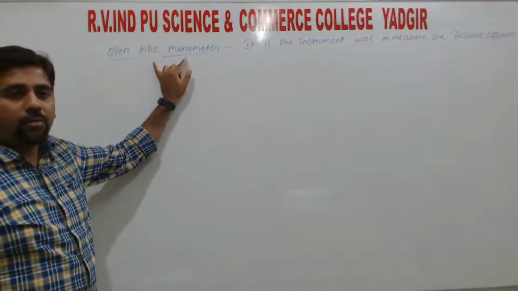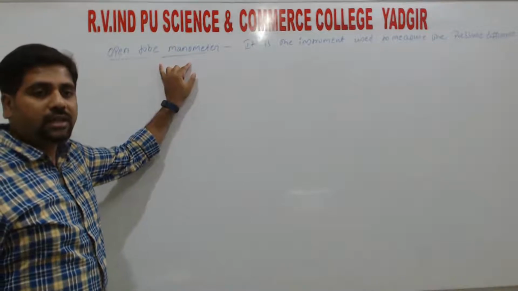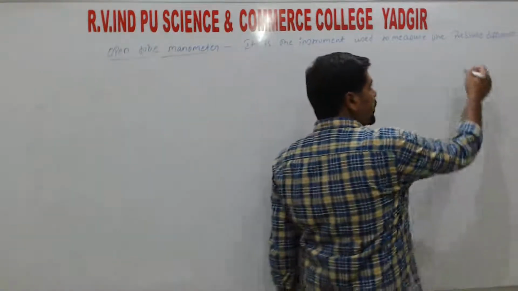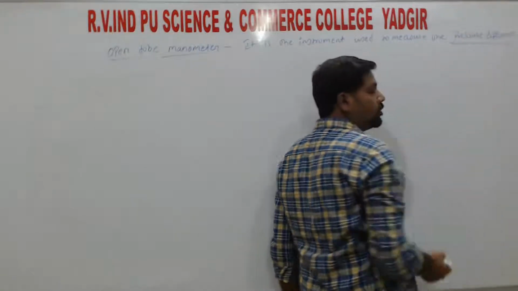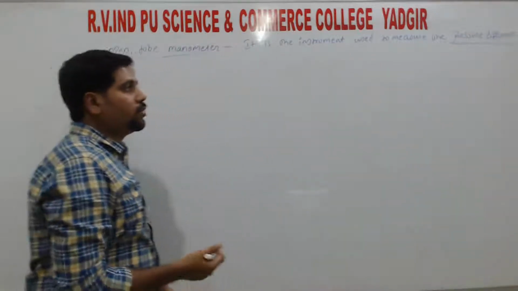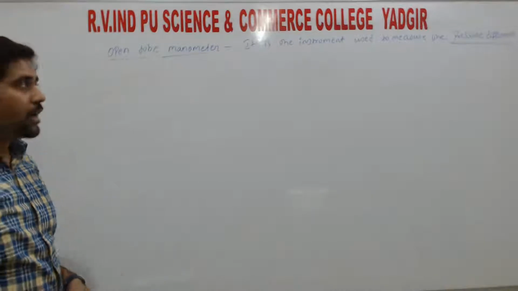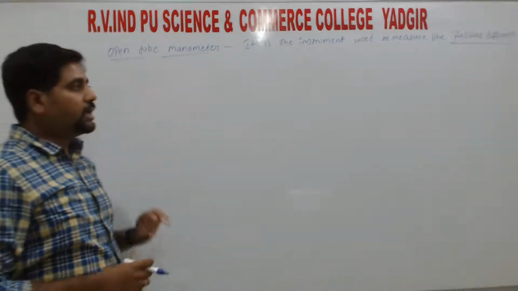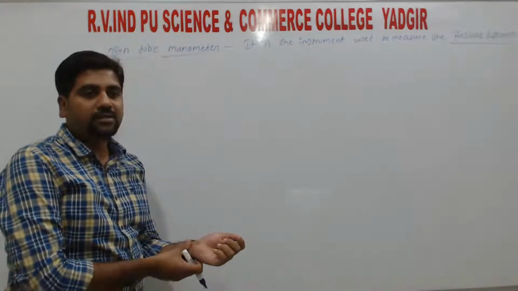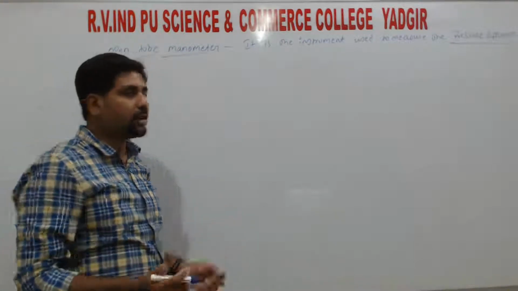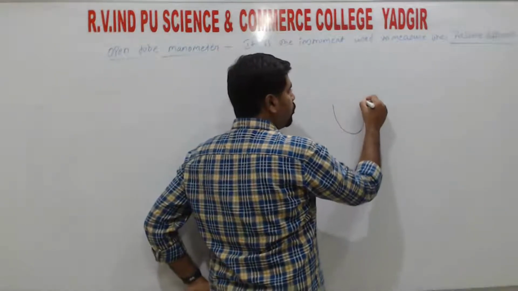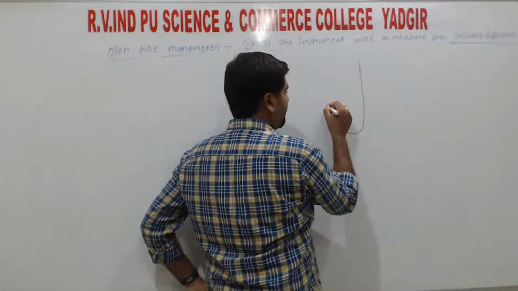So the open tube manometer is also a device or an instrument which is used to measure the pressure difference. There we used the mercury barometer to find out the atmospheric pressure. Here, to measure the pressure difference, we are using the open tube manometer, right? So it is also a simple device. It is also very simple. So it consists of one U-tube, and one side is open ended,